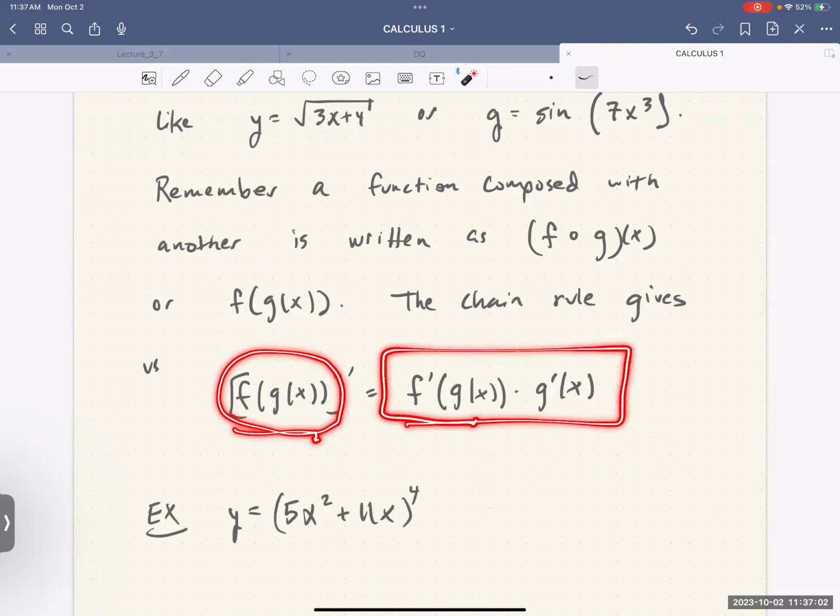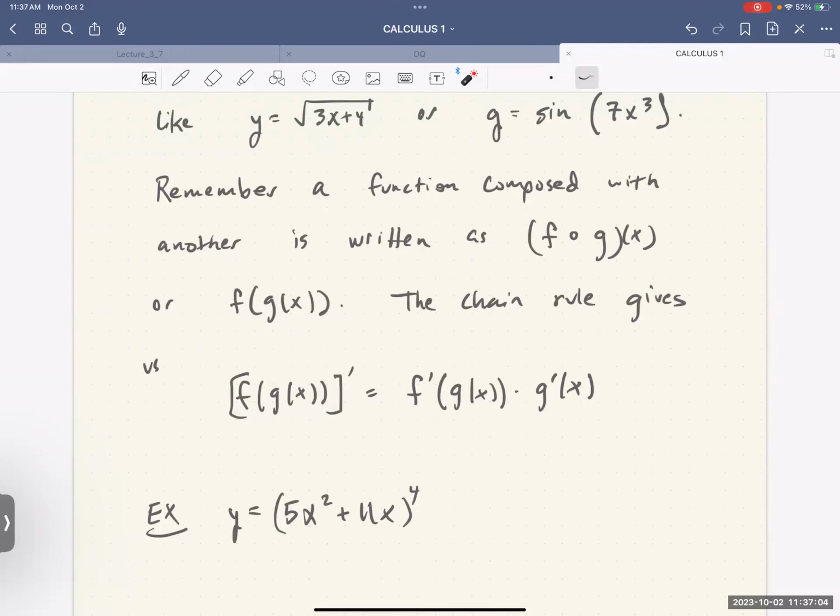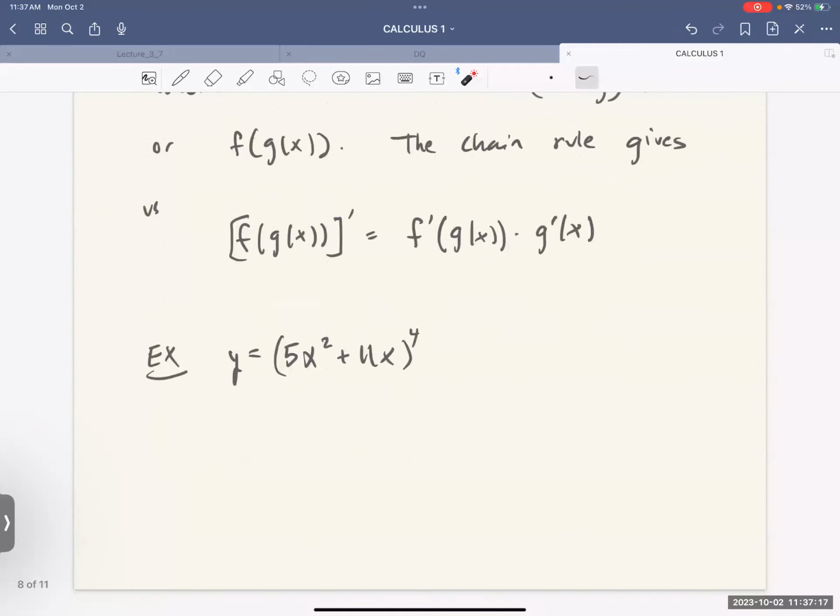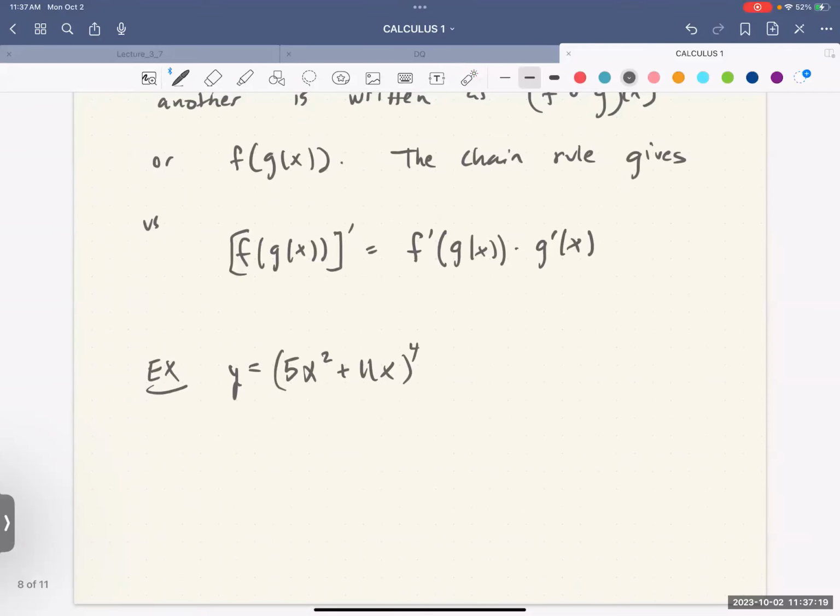This is carrying out the chain rule, where you take the derivative of the outer function, you leave the inner function inside of it alone, and then you multiply by the derivative of the inner function. So on this one, we have an outer function, something to the 4, and an inner function, 5x squared plus 11x. So when we differentiate,